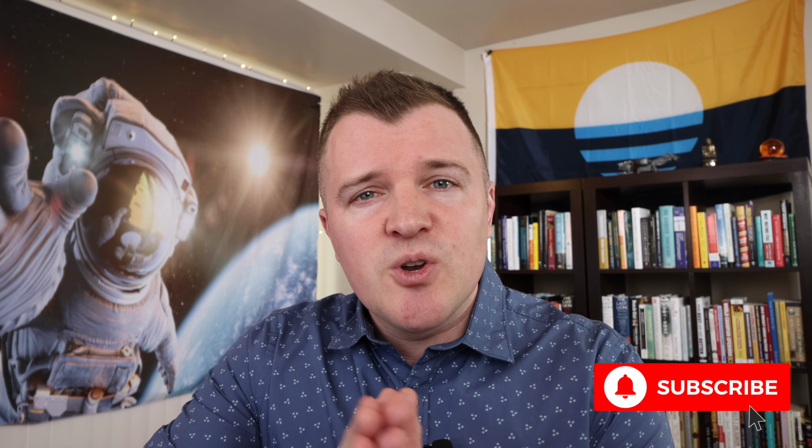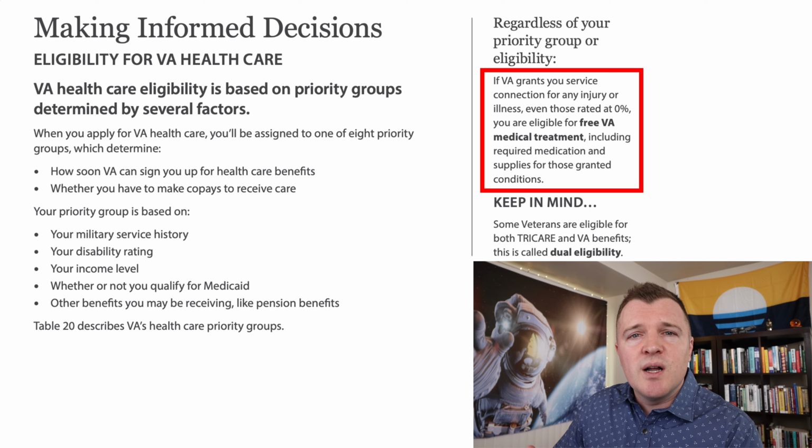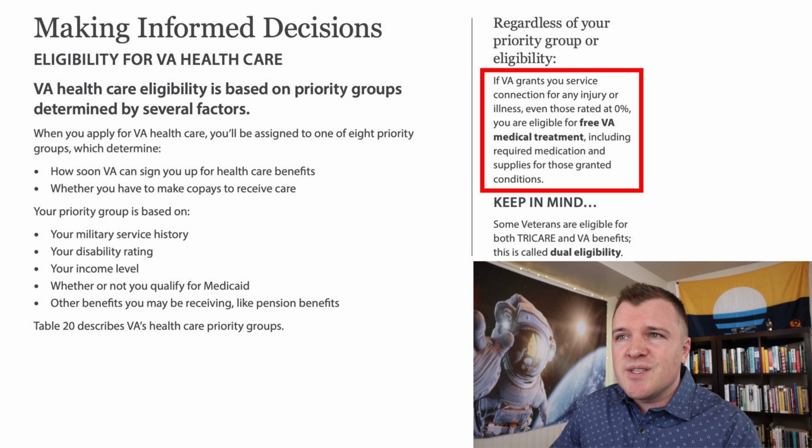Now, once you have a VA disability rating, you are eligible for VA healthcare. And this is very important because if you go through the VA disability claim process, even if you're given a VA disability of 0% for something, you're still eligible for VA healthcare for that issue. So as an example, let's say prior to separating, you go to the doctor and you say, hey, my foot really hurts, there's something wrong with my foot. They then do scans, they do tests, they check out your foot and they say, there's nothing wrong with your foot. Well, even if you're given a VA disability rating of 0%, in the future, if you want to see a VA doctor for your foot, you can do so.